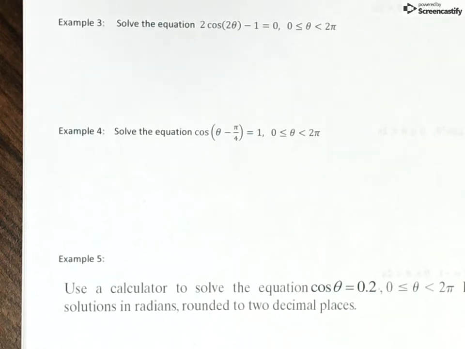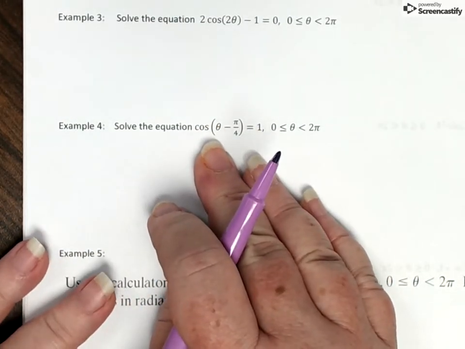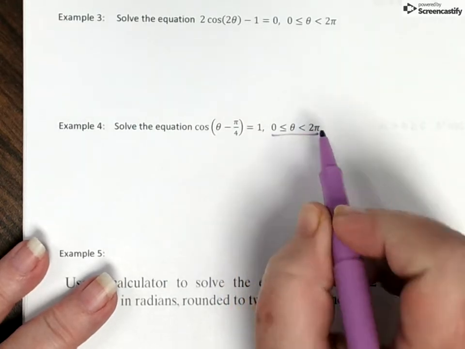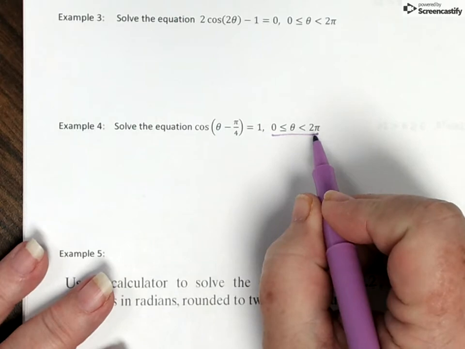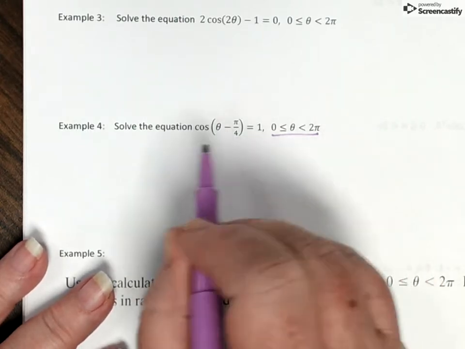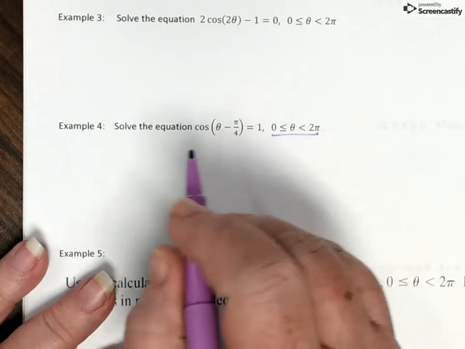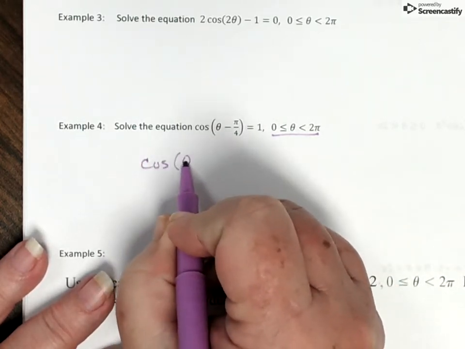In our last video, we left off with example 3, so let's pick up back again with example 4. When we're solving this equation, we look at the fact that they want the answers between 0 and 2 pi. Remember, 0 can be included, but 2 pi cannot. When I look at this problem and I'm trying to isolate theta, I'm going to take the inverse cosine of